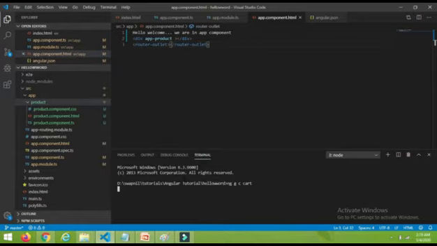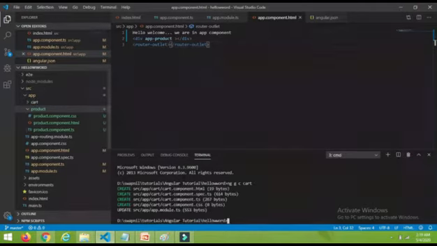In the last video, after creating the files, we registered the newly created component. We have to register it with the Angular app to use this component. For that we added the entry of the product component in the app.module.ts file. Here you can find it has created four new files for us: one HTML file, one specification file, one TS file and one CSS file.